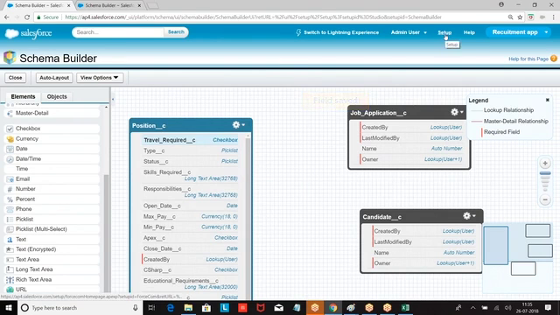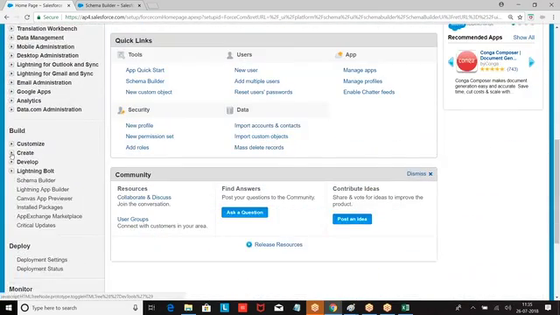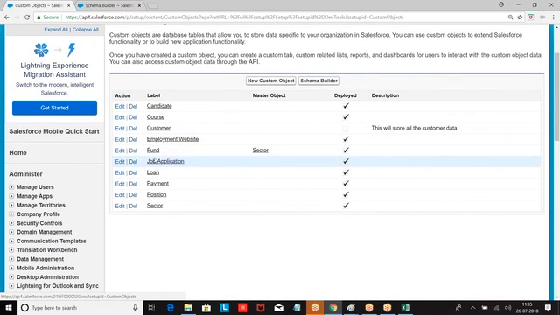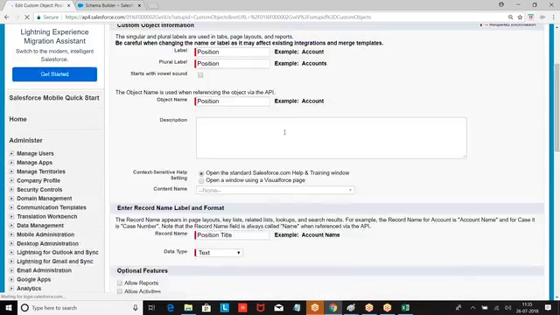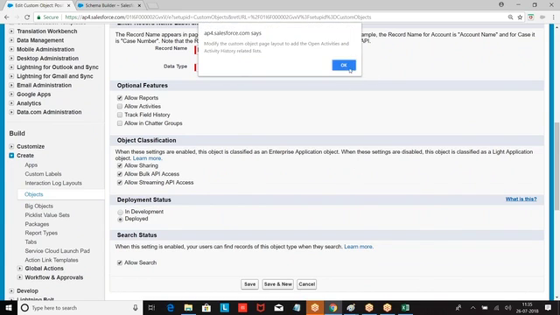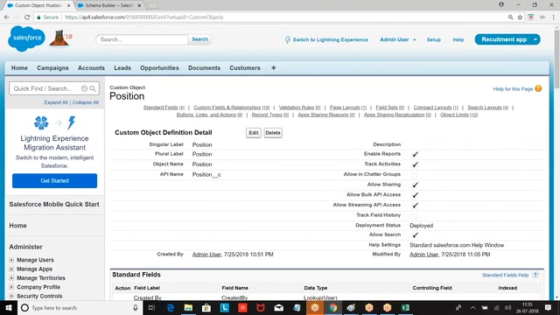Now when you created this object, first point: when I create the object using a schema builder, create objects, schema builder. Now when you go to the schema builder, what is that? Position. Position, edit it. Now look at this. These are not enabled for you, right? If you want to make it a classic enterprise application, we have an optional feature. If you want, you can. Later we can modify this. First we have created the object, then I came to this and modified the skills.